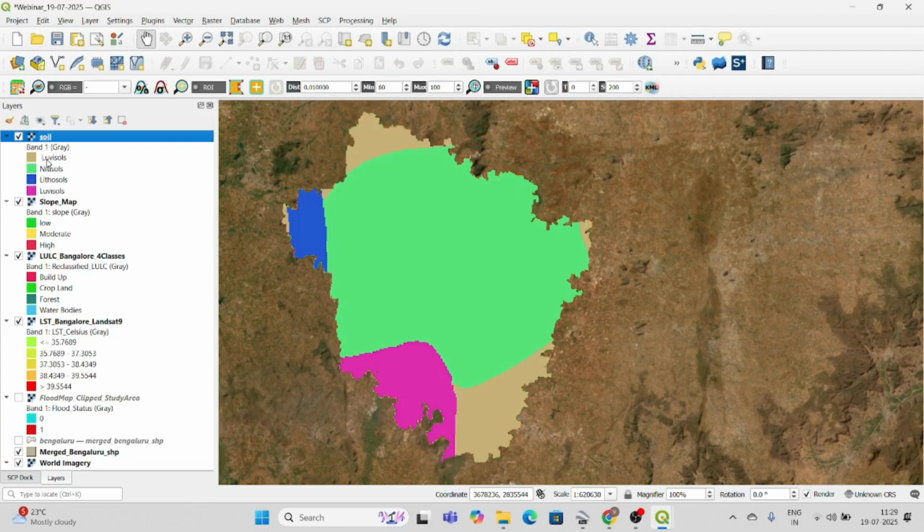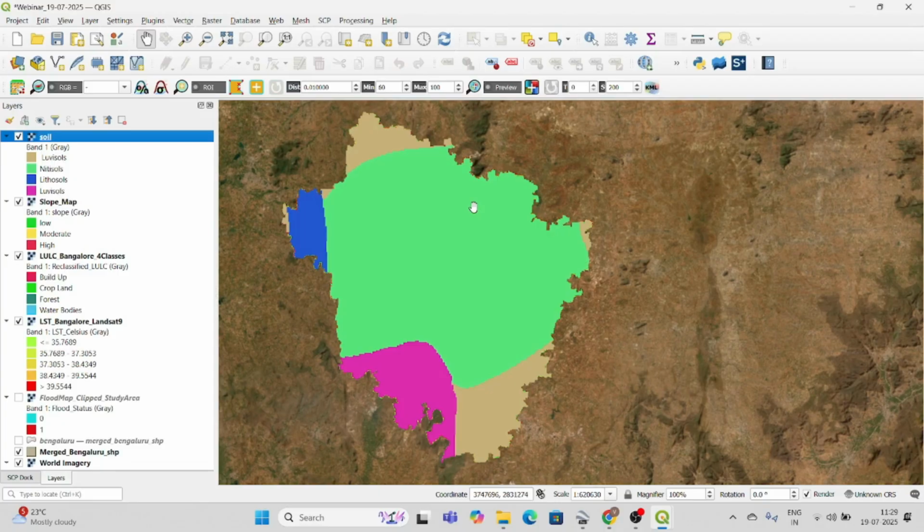At that time they will be mentioning it as LC. They will be using some codes, but you have to decode the code with the help of FAO itself. They are giving a large PDF, and you have to go and search for the code, and you can find these names. Okay. So that's all. This is about the soils.